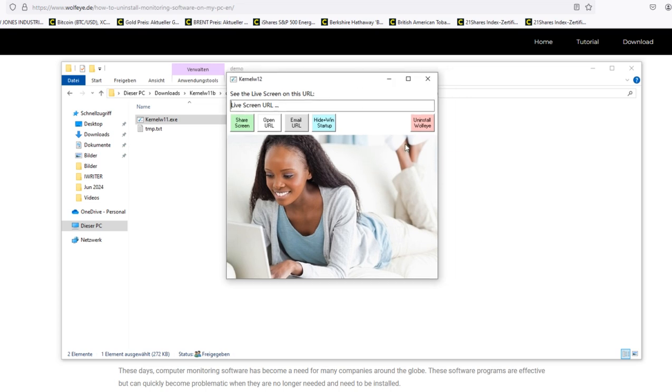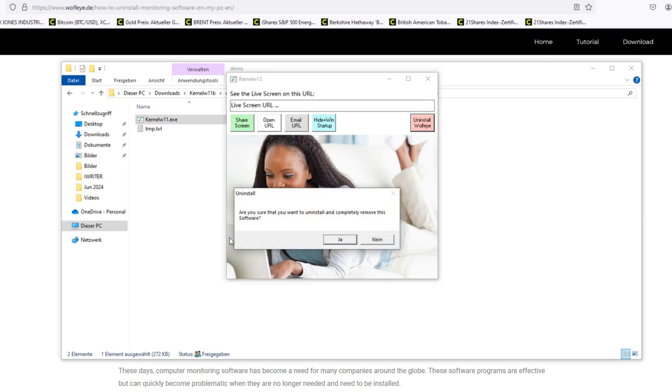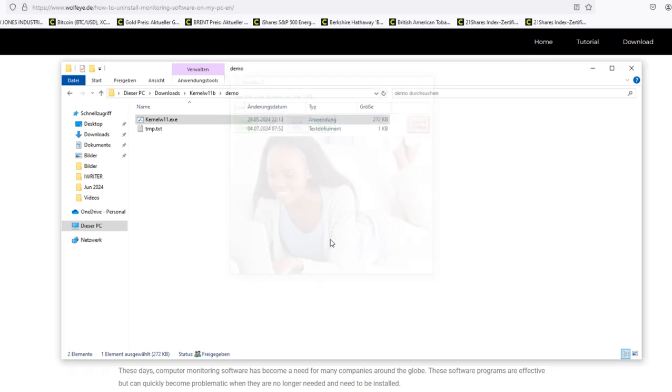So to remove it, you hit this button that says uninstall Wolfeye. You are asked, are you sure that you want to uninstall and completely remove the software? You hit yes. And as you see,